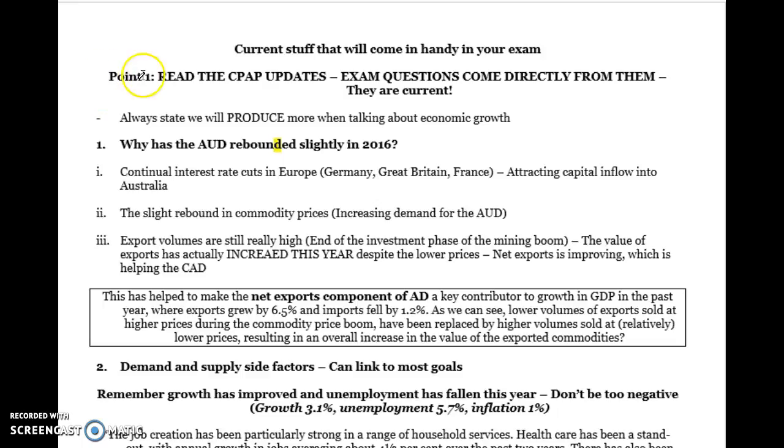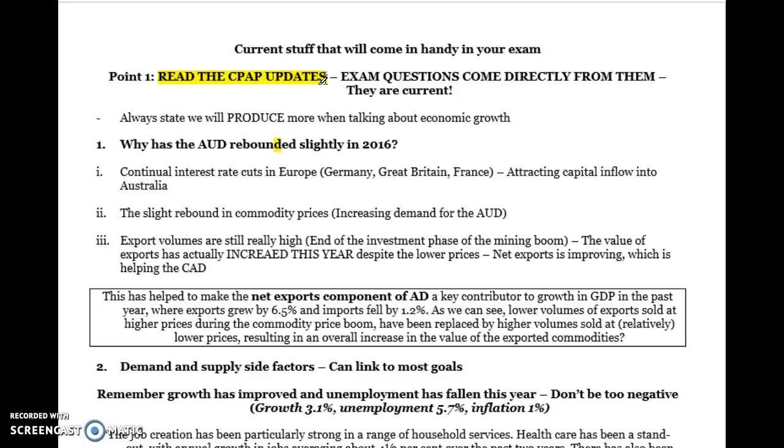Before we get started, just one piece of advice: read the CPAP updates, those quarterly reviews. They're really, really good. They've got a lot of current stuff in them. A lot of questions will come straight out of those CPAP guides, CPAP updates. So have a read through all four of them, particularly the ones looking at the current demand and supply side